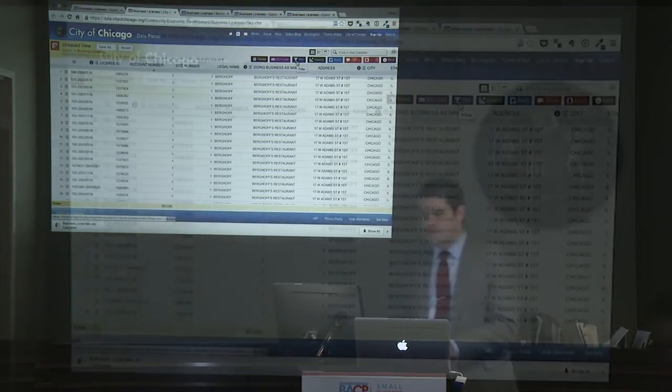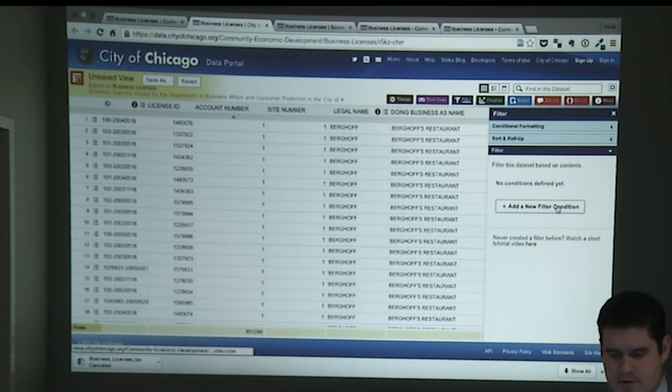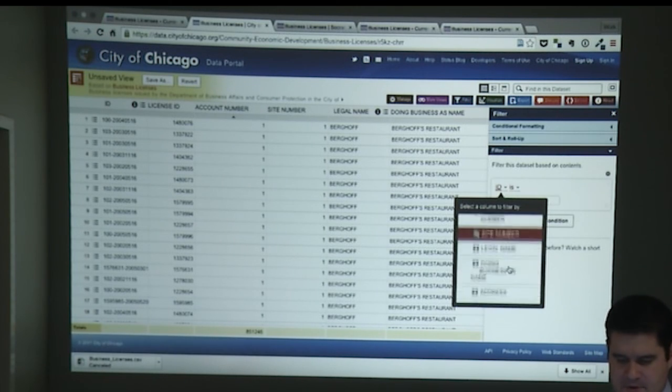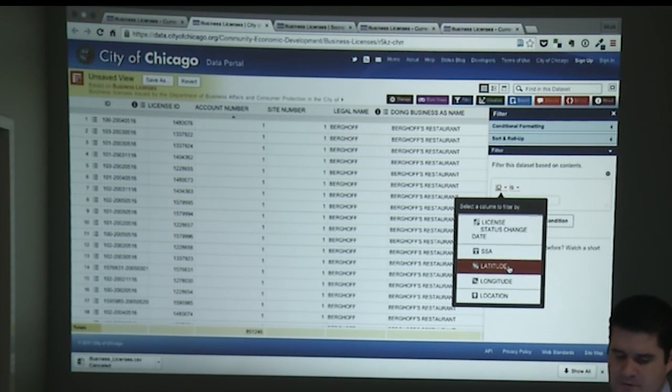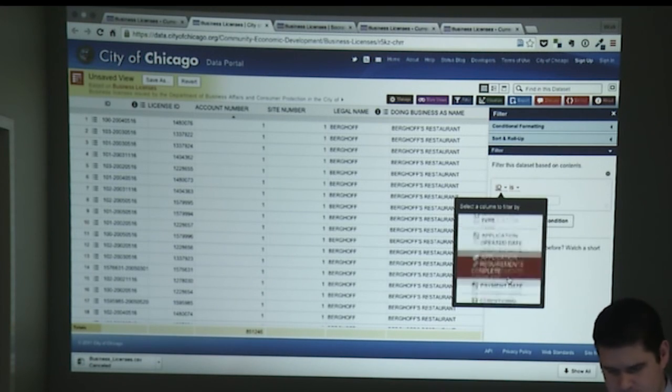So I'm going to click on this button here called Filter. And there's a number of different operations you can do. So I'll go to Add a New Filter Condition. And when you click on this, you have a number of different columns, all the columns that we have on the data set. And you can perform more advanced filters, and you can start putting together a number of different criteria. So let's do the same filter we did before,